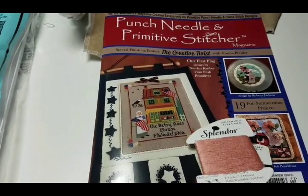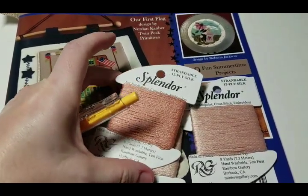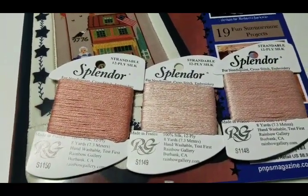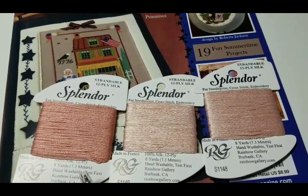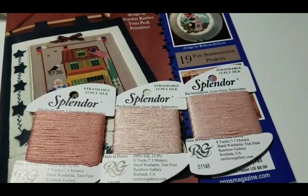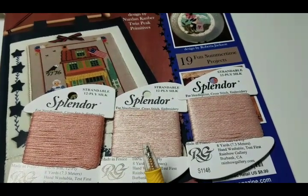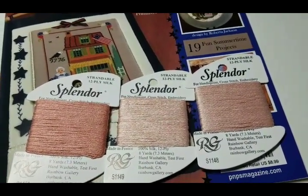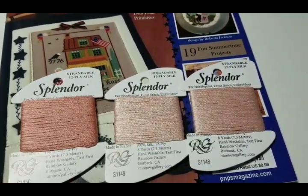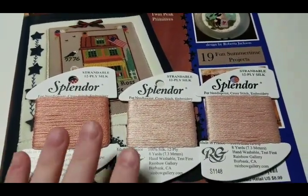Also from the store in Canada, I got these Splendor silks, because I'm doing them for kind of converting my Mirabilia skin tones, and one I had to wait for because it was back ordered, so I had the things ordered in, and finally like a month later, after even waiting for several of these, one came in. And even though it was back ordered, I still had to pay shipping. I don't know if that's supposed to be that way or not, but one skein pretty much cost me almost like $10. So got those, and